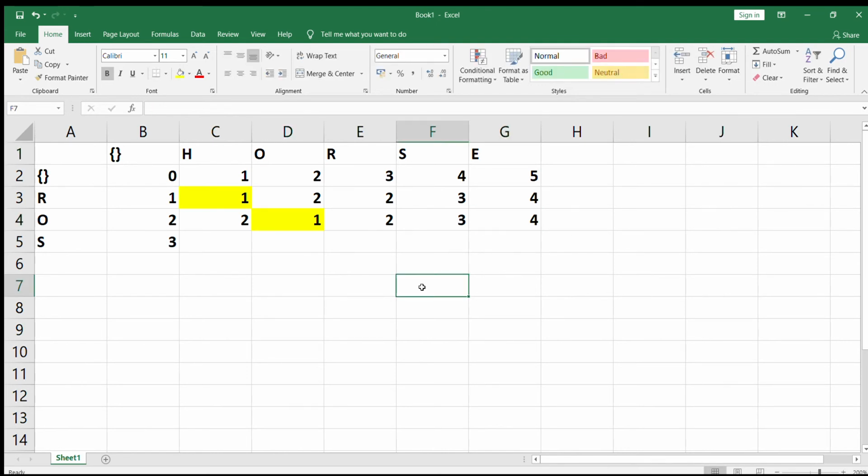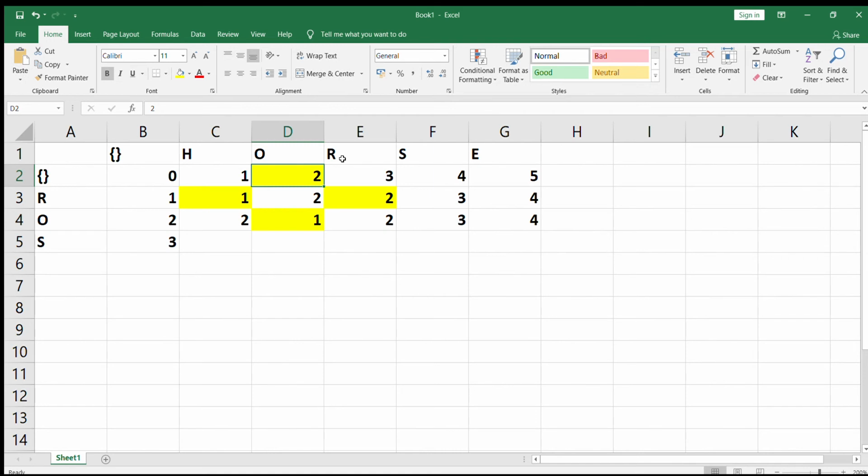Okay, so if you observe closely, you will see that every time these two are matching, I am simply picking up the value from the diagonally opposite cell. Same thing goes here. When R and R were matching here, I picked up this value from the diagonally opposite cell. I did this because since these two are matching, there is no operation required for this character.